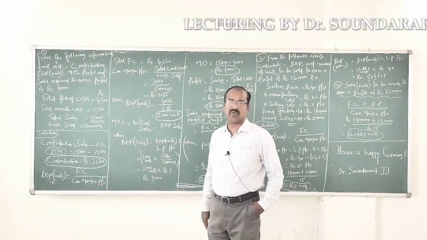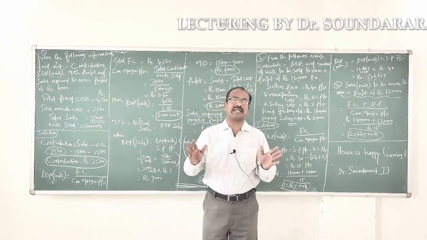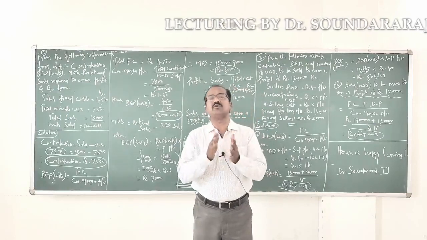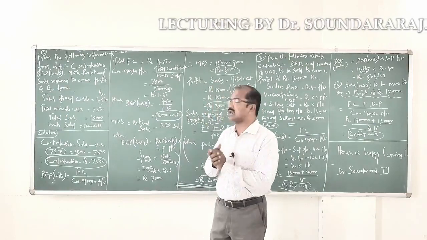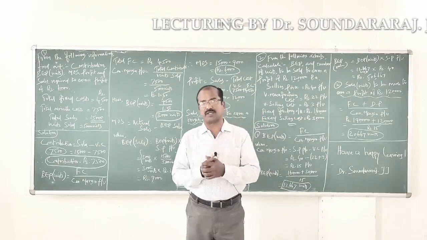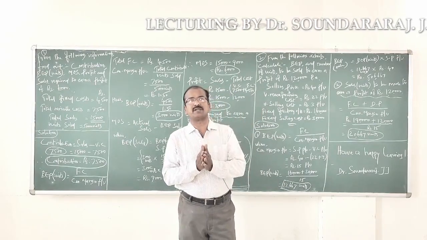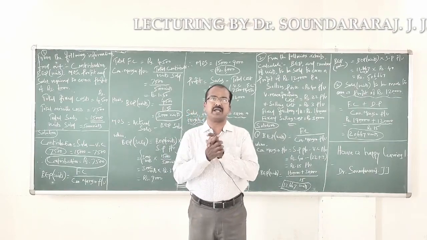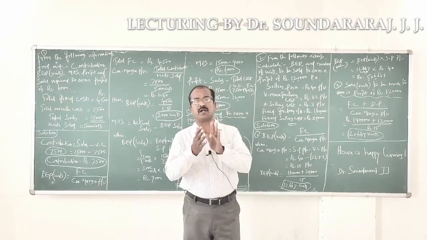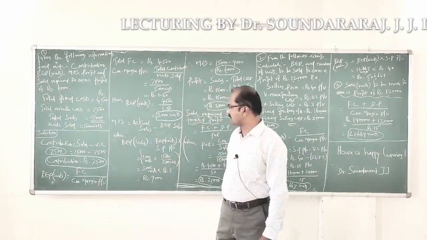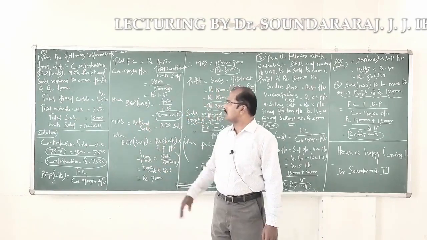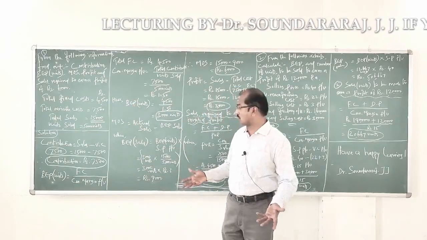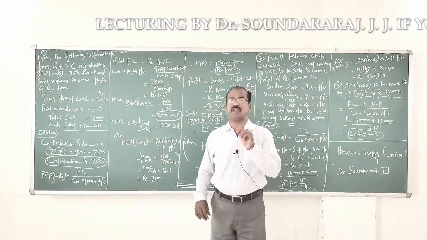Now let us calculate the break-even point in units. What is the formula for calculating break-even point in units? Total fixed cost divided by contribution margin per unit. It will give us the break-even point in units. Break-even point in units is nothing but the volume of sales to be made in order to reach the no profit or no loss point. That's the idea. Now, we know the amount of fixed cost, it is directly given in the problem, it is 4,500. But what about contribution margin per unit? That we need to calculate.